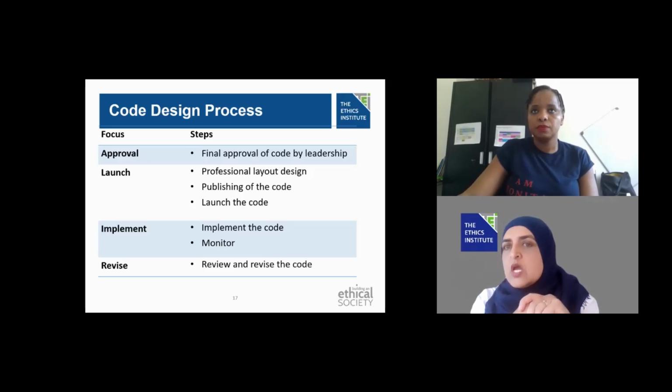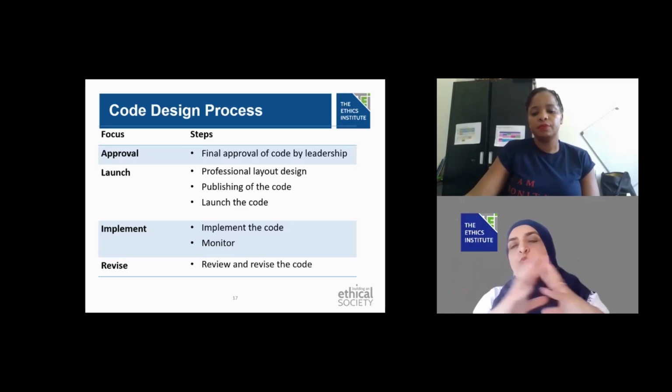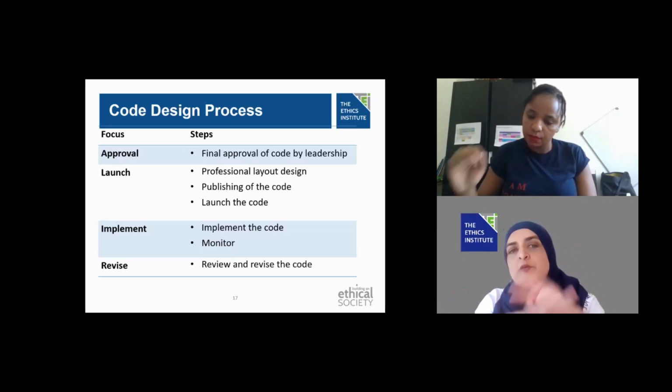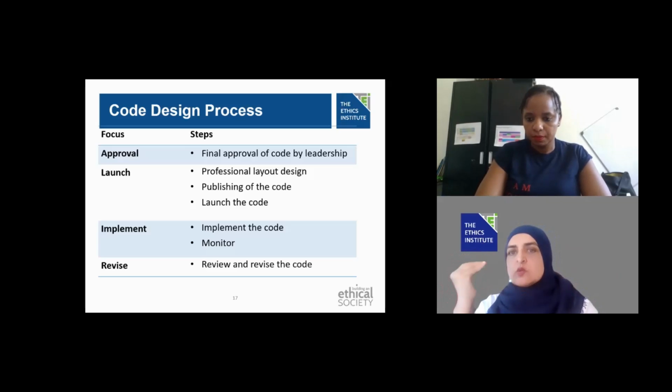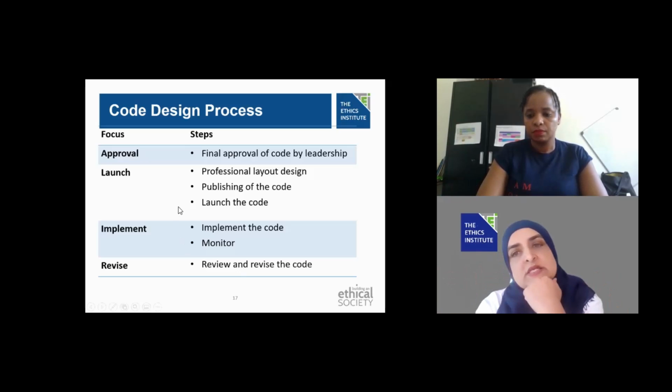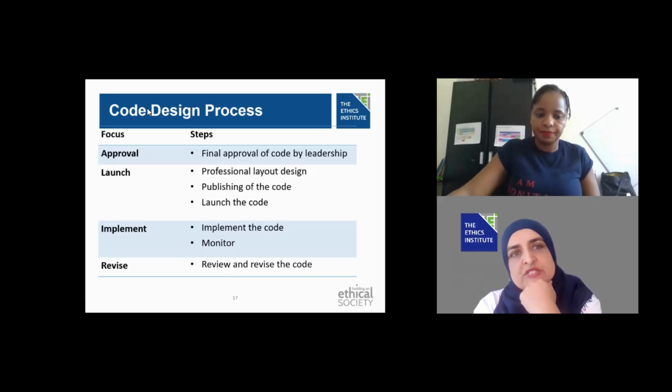Then the next thing would be to implement the code, but then to keep an eye on how things are going, so that you would be able to review and revise it. So that broadly speaks to what, when we talk about code design or the how, it's about being able to tackle these different elements in terms of the how, but within each of those elements, having a plan in place in terms of how we're tackling that, with the end goal in mind, that what we want is a code of ethics that is going to have buy-in within our organization, have the leadership support, so that it can achieve its intended purpose. I'll stop there, Barbara, for Jovita to come in.